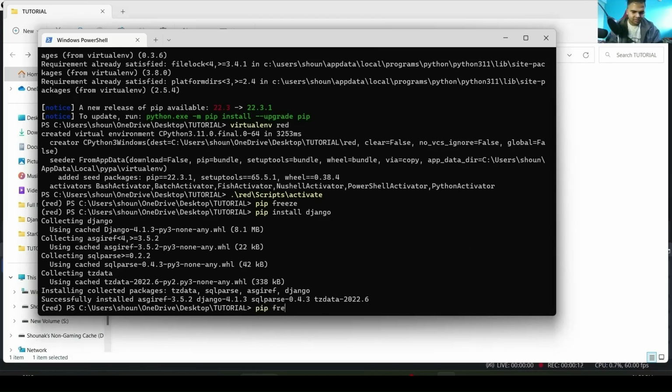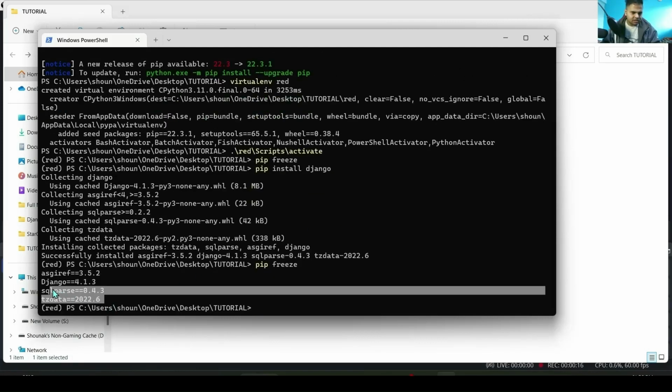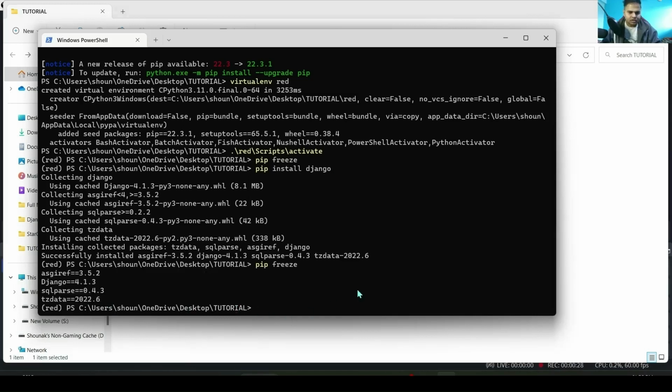So pip freeze, enter. So these are the dependencies which were installed. The latest version of Django, since I did not mention the version, so by default it downloads the latest version. So it is 4.1.3. So if I want to create a requirements.txt file of the virtual environment that I am currently using, I'll type pip freeze greater than